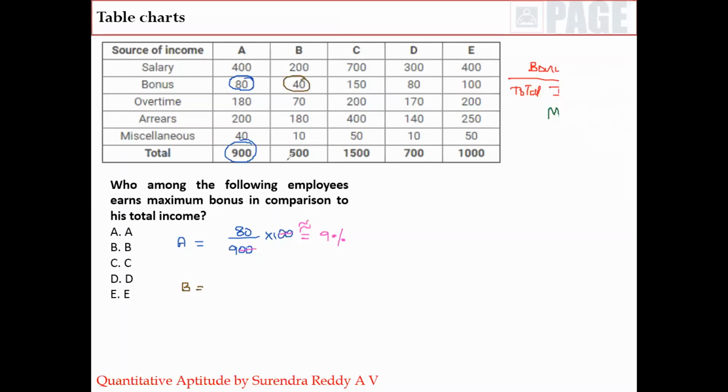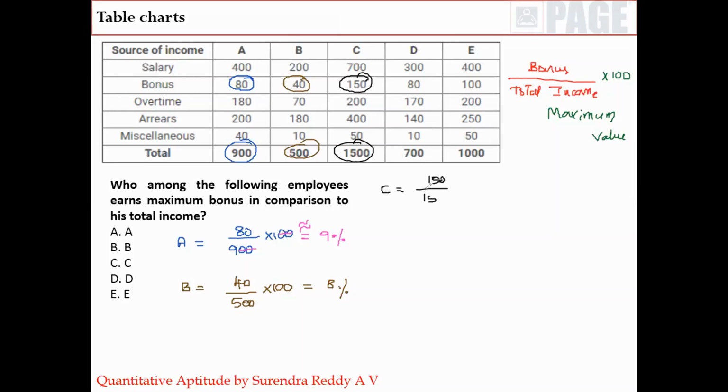B's bonus is 40 rupees out of 500 rupees income. To convert into percentage, we should do into 100. Two zeros cancel. 40 by 5 is 8%, the bonus of B compared to his total income. What about C, guys? C is 150 out of 1500, right? So 150 rupees is bonus out of 1500 rupees total income into 100, which is 10%, right? Now, what about the person D? He is earning 80 as a bonus out of 700 rupees in